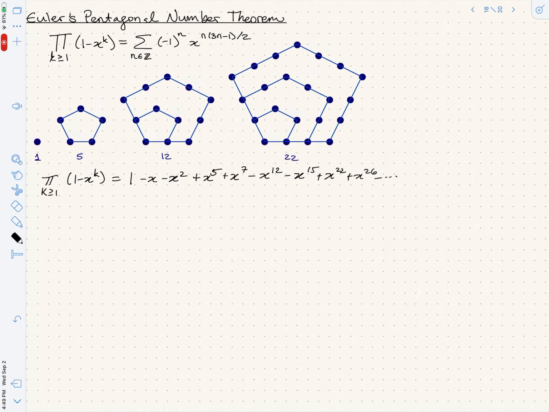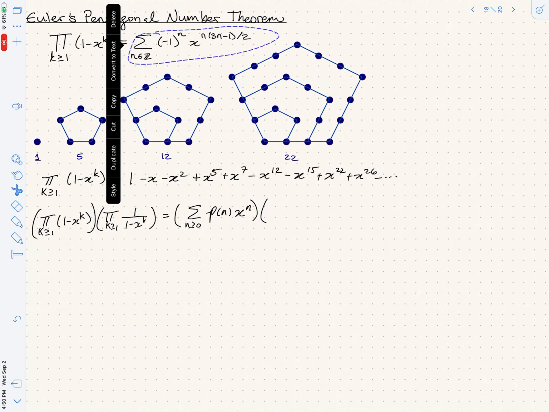Okay, so we saw that that actually gives us a recurrence relation. So let's go through that again. Remember that the partition generating function is what I'm going to multiply by. So the left-hand side is going to be the product, k greater than or equal to 1, of 1 minus x to the k times the product k greater than or equal to 1 of 1 over 1 minus x to the k. That's the partition generating function, and what we get is the sum n greater than or equal to 0 of p of n x to the n